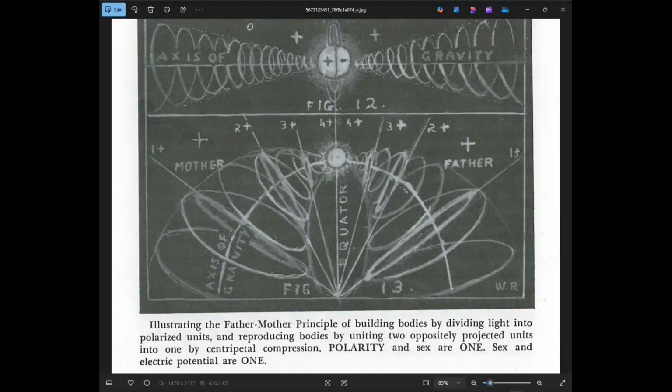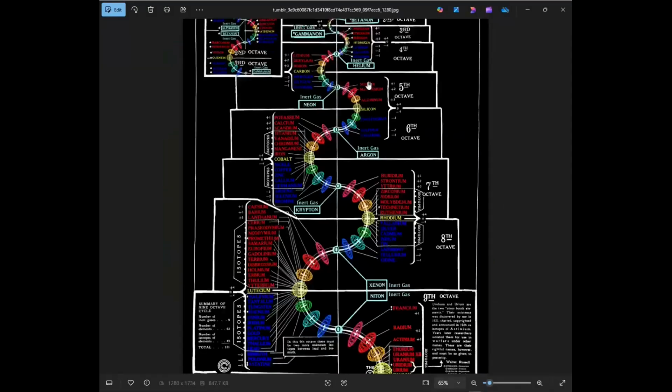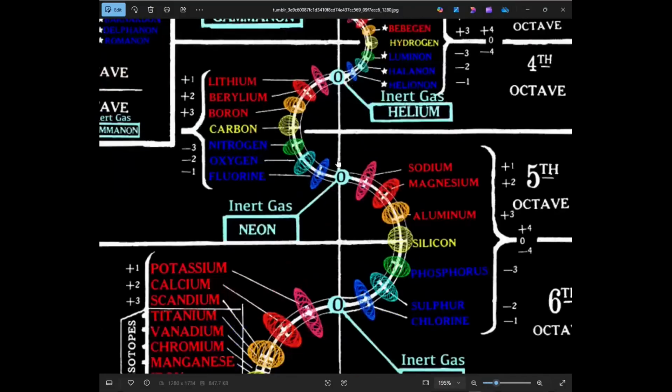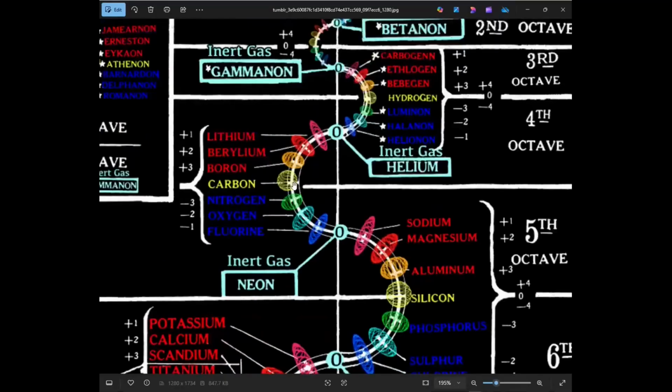I should bring up one more picture. We've seen this before. This is our periodic table, right? And as we zoom in to our favorite octave here, the carbon octave,